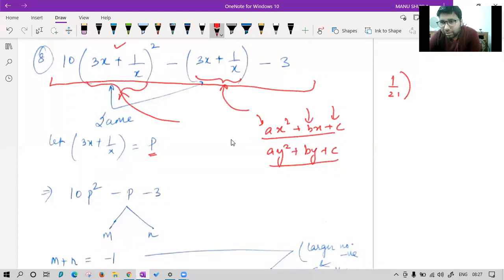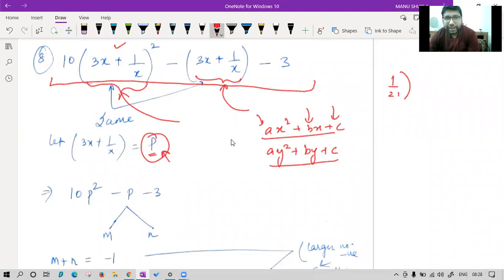Sir, I have taken it as a. Very good, Ishan, very nice. So I have assumed it as p. We all know we can take any variable, but we should make sure that the variable we have assumed is not already present in the equation. If it is not present in the equation, you can assume it, no problem.